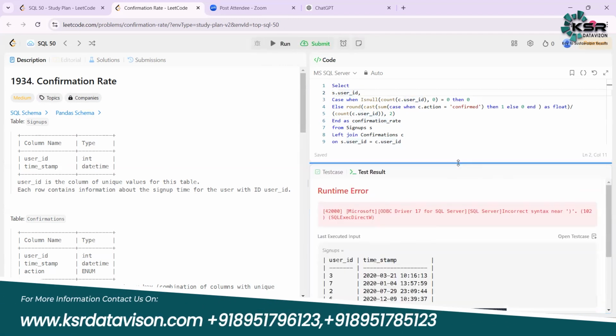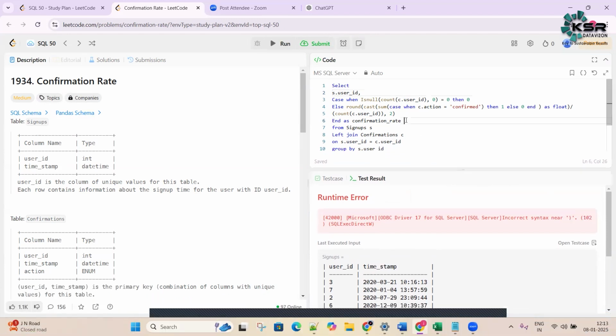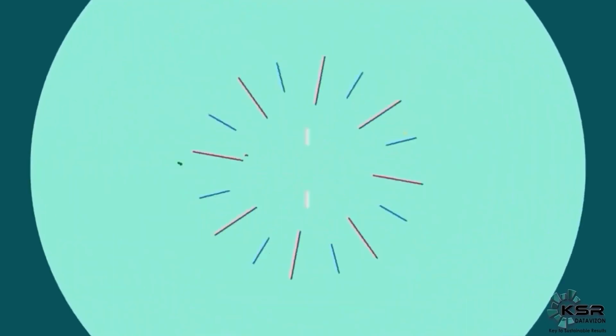Okay, again it's showing an error. I'm missing one bracket, or I might have put an extra bracket. Let me check that. Where did I do it? This is the first bracket and it is ending. This is the second and it is ending here. Okay, it should have ended here. Okay, now let's see. This bracket is here. Count of is this. What is for this? Let me